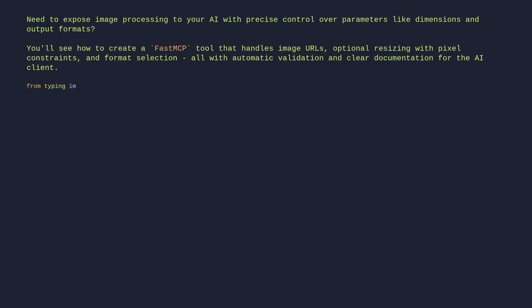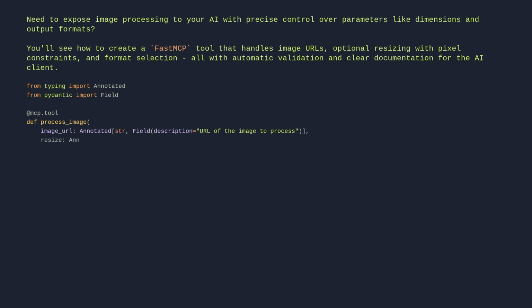From typing, import Annotated. From Pydantic, import Field. @mcp.tool, def process_image. image_url: Annotated[str, Field(description="URL of the image to process")]. resize: Annotated[bool, Field(description="Whether to resize the image")] = False. width: Annotated[int, Field(